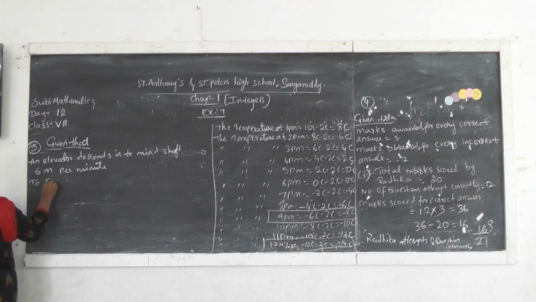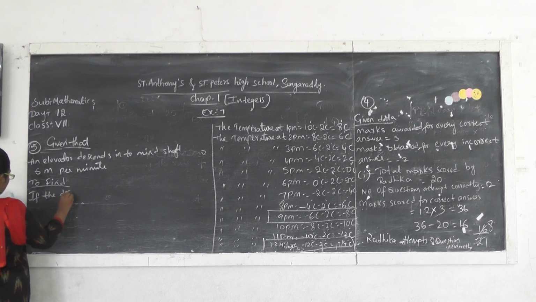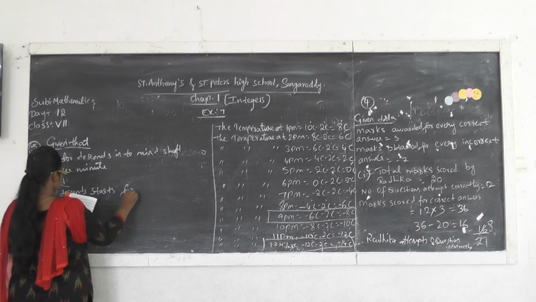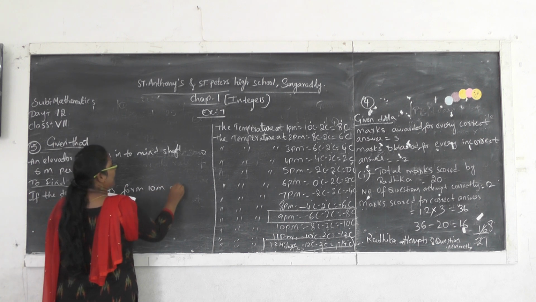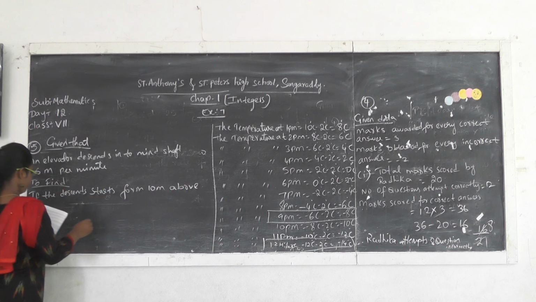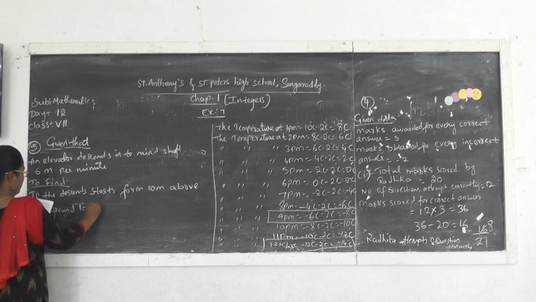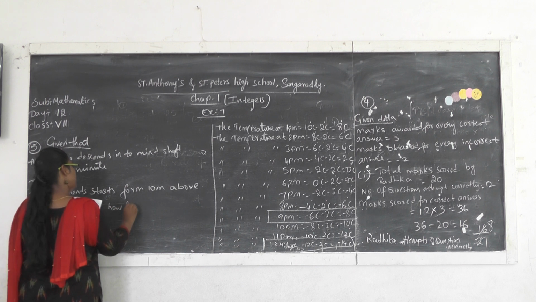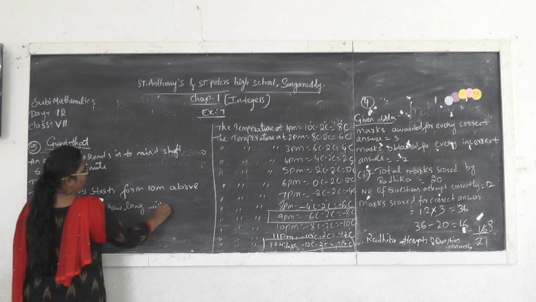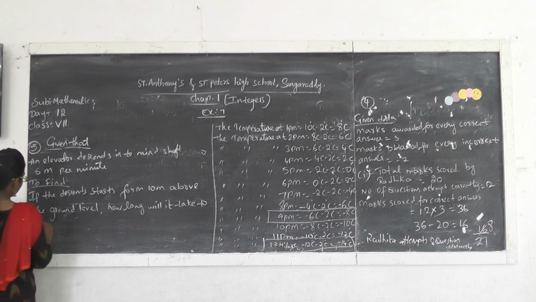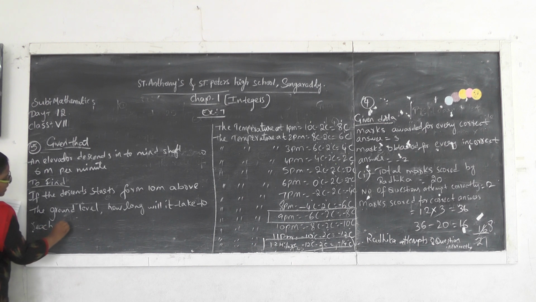To find: if the descent starts from 10 meters above the ground level, how long will it take to reach minus 350 meters? So here